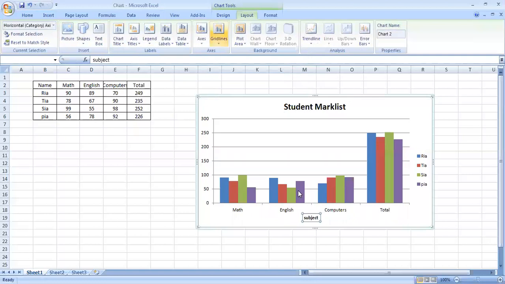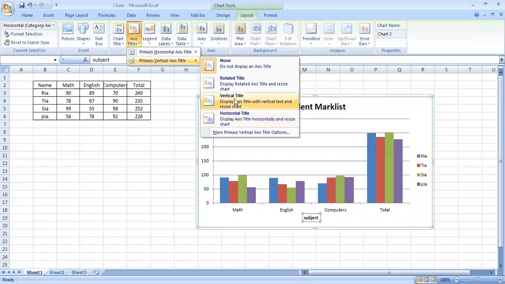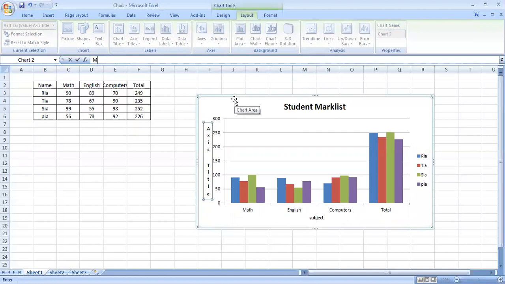So you can see here on horizontal axis, a name has appeared called subject. Similarly, I can also add it to the vertical axis. On my vertical axis, I will add marks. So you can see I have given names to my X and Y, that is category and value axis. Likewise, you can add the name.